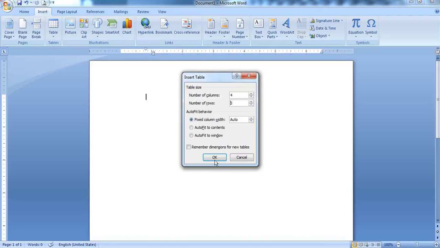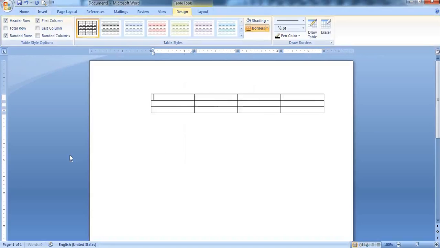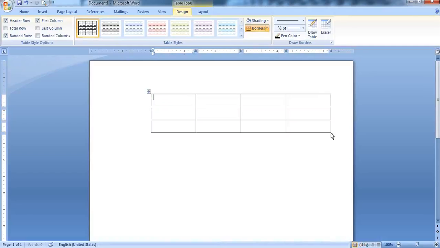Then finally you have to click on the OK button. See, the table is here in the page, and you can resize the table by doing this. So you are now done with inserting the table into the page.